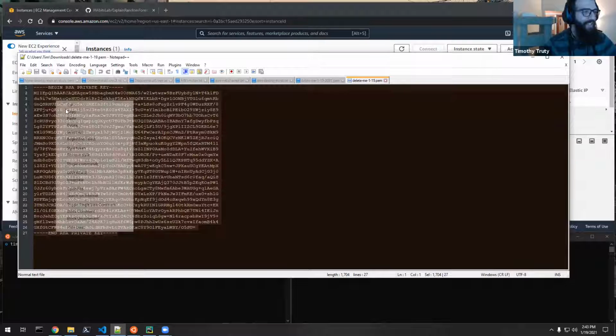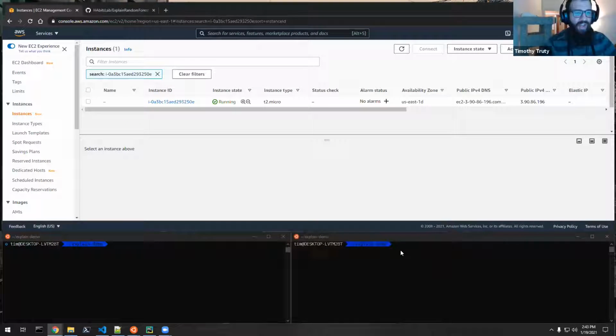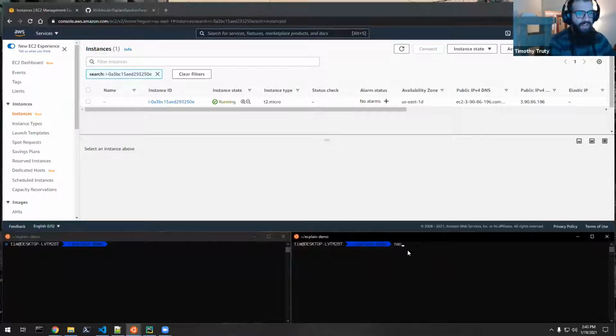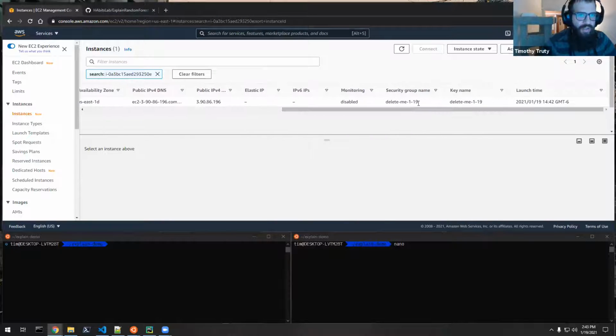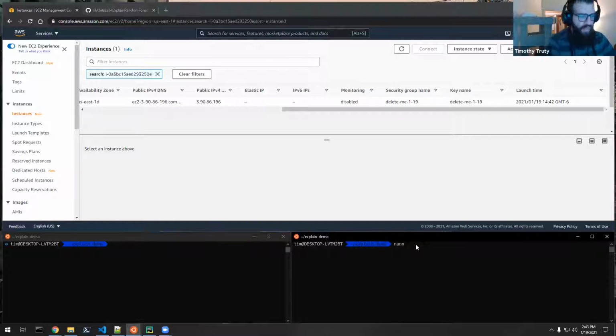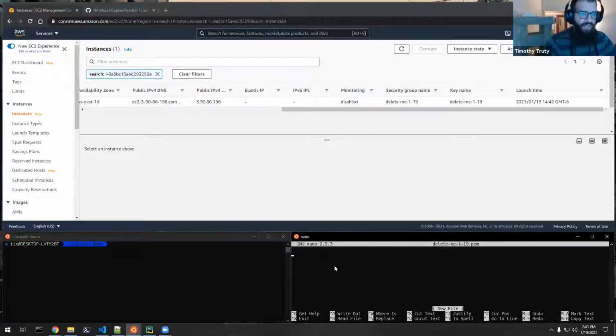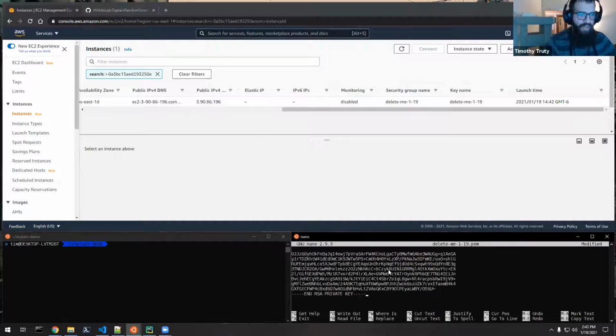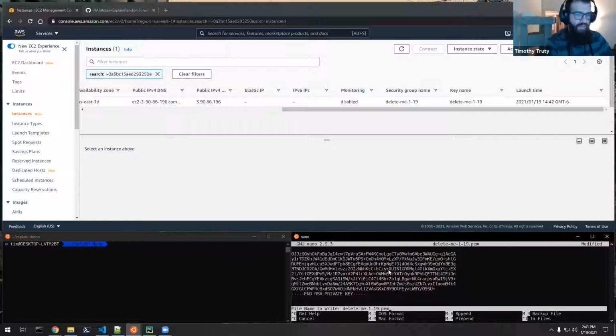So what I'm going to do is just copy this, and I'm going to make a new file called, what did I name it? You can actually see what you named it here. So I called the key delete me 119. So I'm just going to make that file delete me 119.pem, and then you're into it. So I'm just going to paste that key, save it,